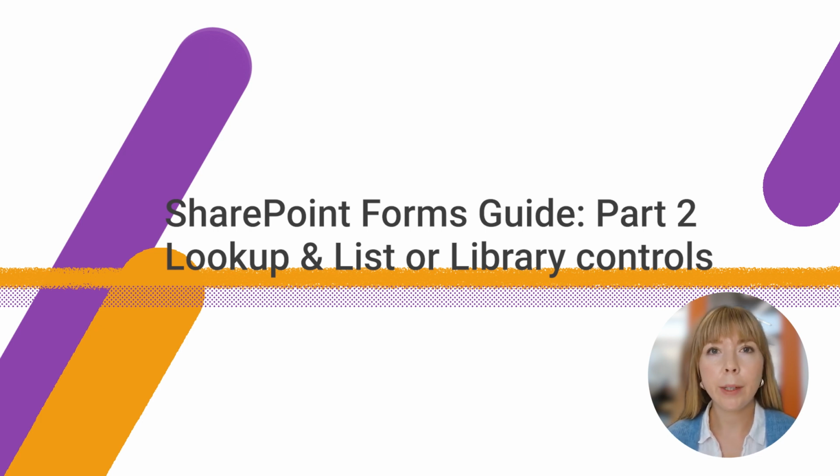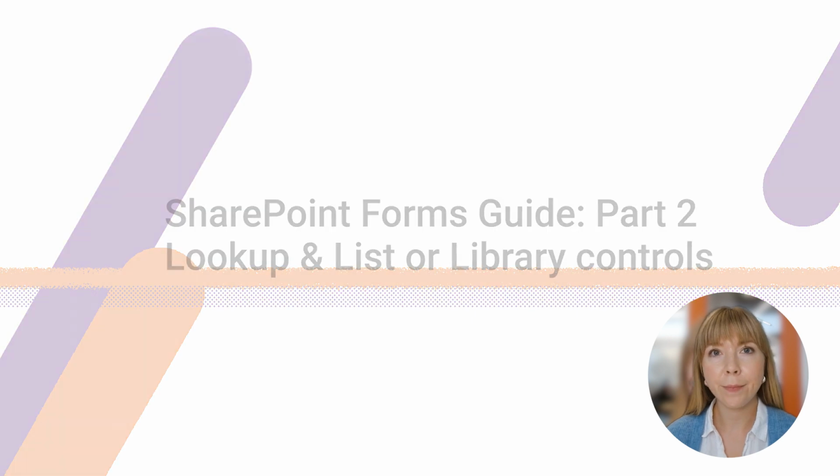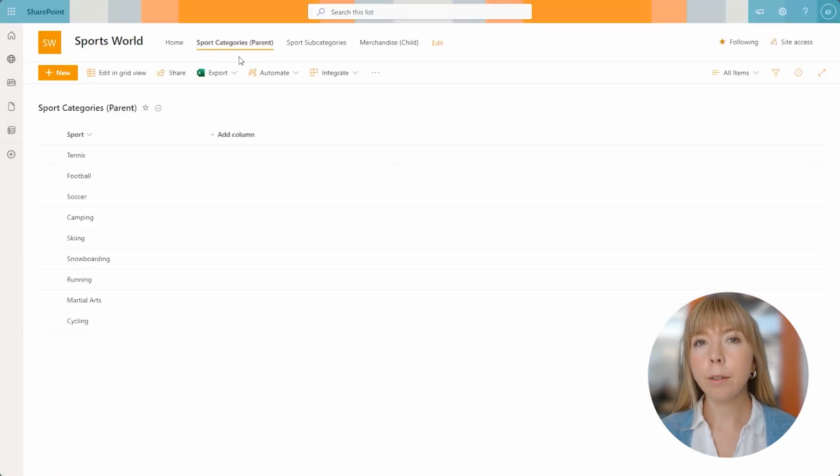And in today's video, we're going to show you how to connect SharePoint sites, lists, and libraries with the help of lookup control and list or library control. So let's dive in. Here I have SharePoint site, Sports World, and we can imagine a scenario where a regional manager would like to have a better overview of merchandise quantities, sport categories, and their availability based on the store